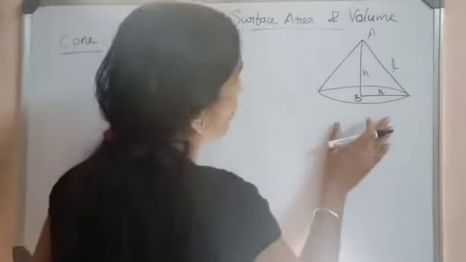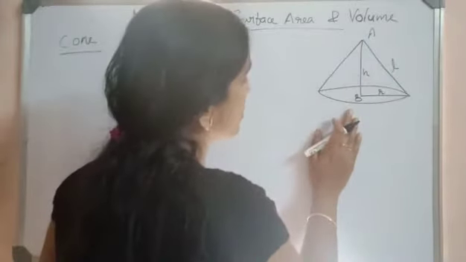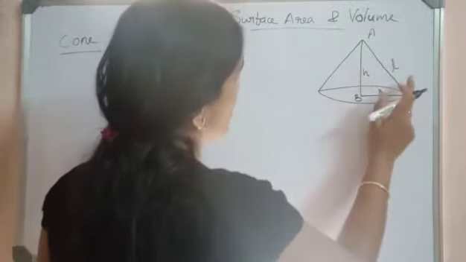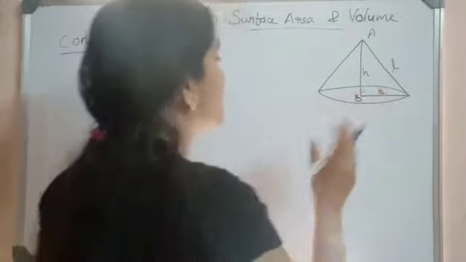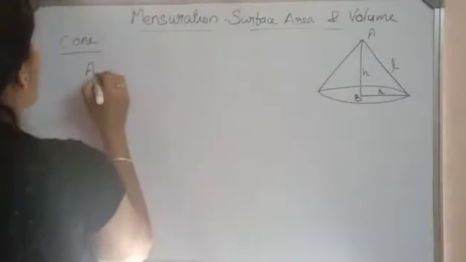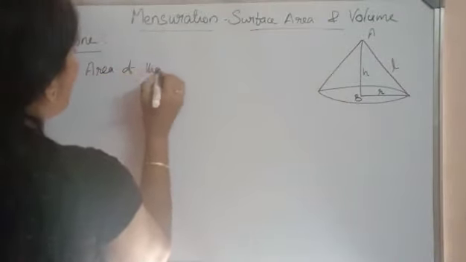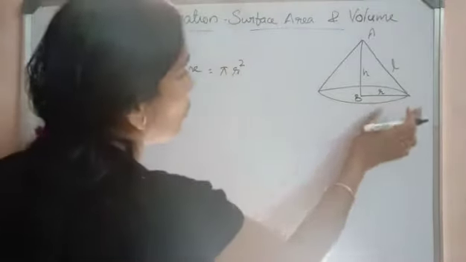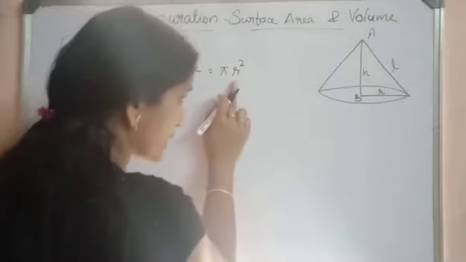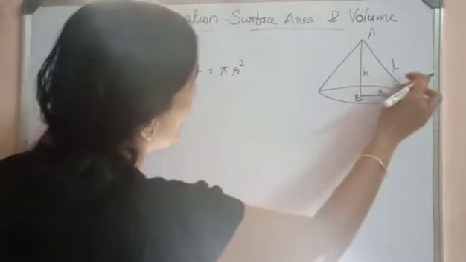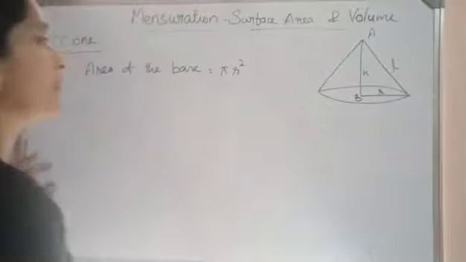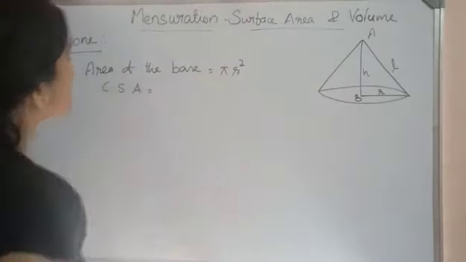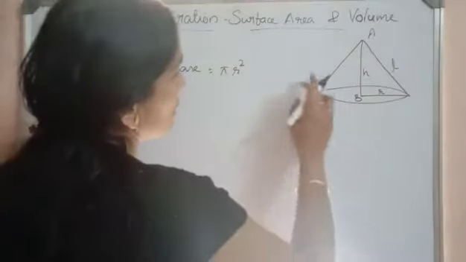So if we consider a cone, we can see that there are two faces for this cone. One is a base that is in circular shape and the other one is the curved surface. So when we deal with the cone, we can see that the area of the base is pi r square. Since it is in the form of a circle, the area of the circle is pi r square. And here h is the height, L is the slant height and r is the radius of this cone. The next one is the curved surface area. The curved surface area can be found out by using the formula